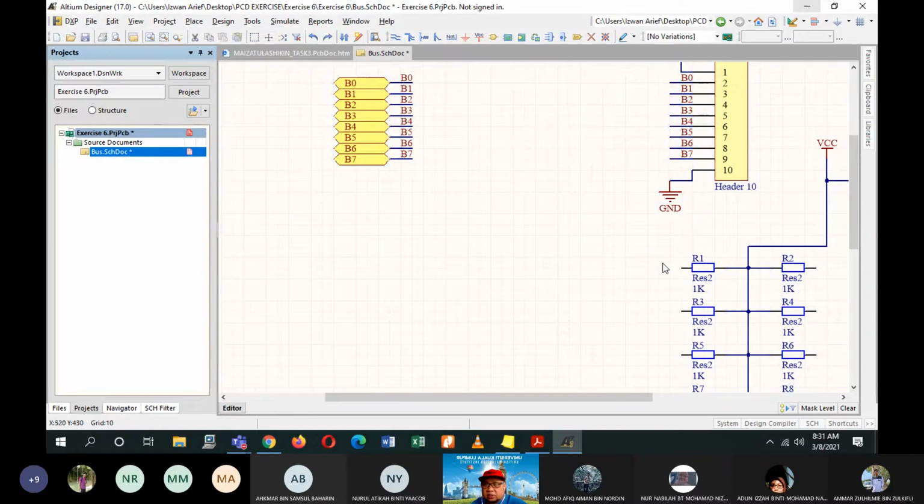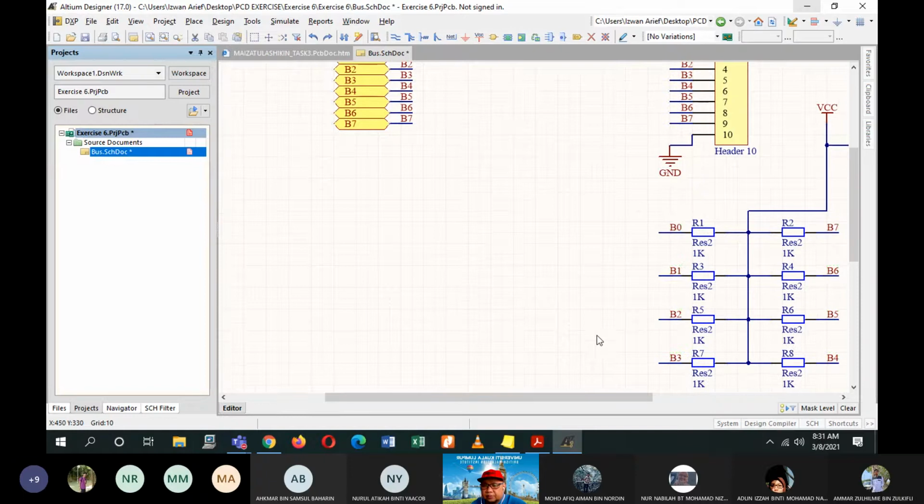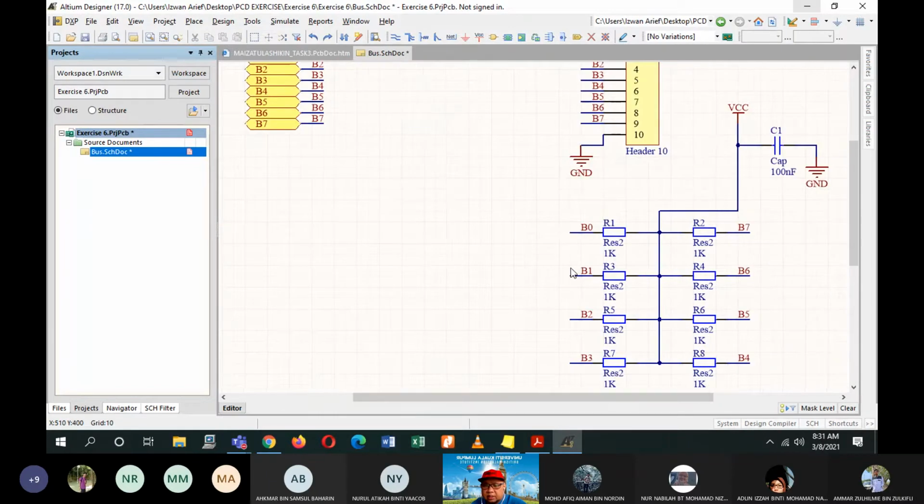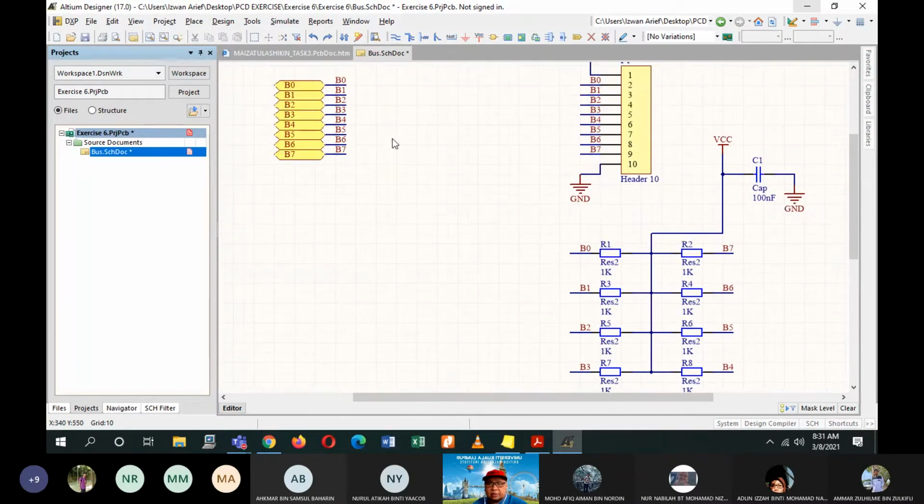Okay, so I've placed mine, and then of course once you've connected the wire to all of these pins that I've told you just now, you add net on top of it just to give the net a name.